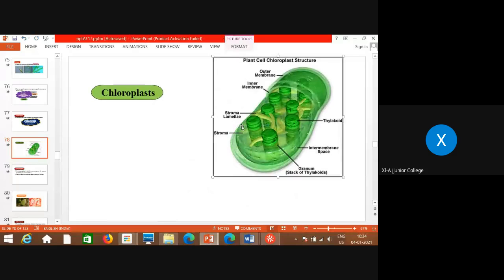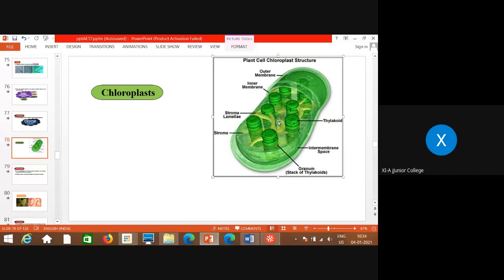The shape generally is oval, sometimes spherical, some are circular, sometimes even ribbon shaped. So their size varies, their number also varies, and the internal structure